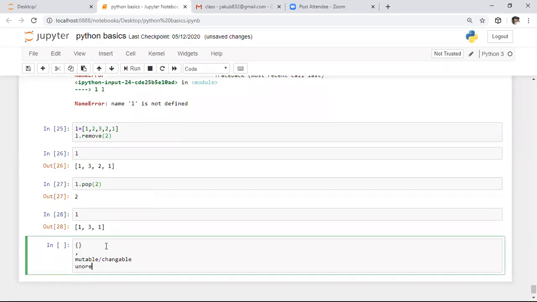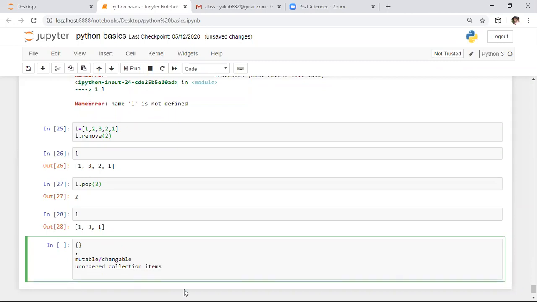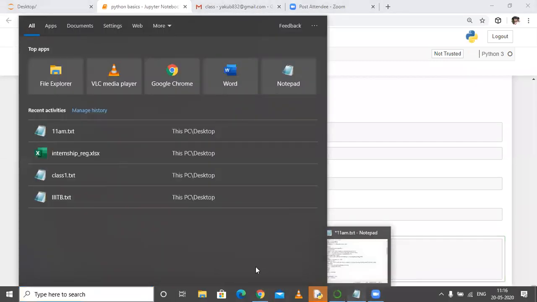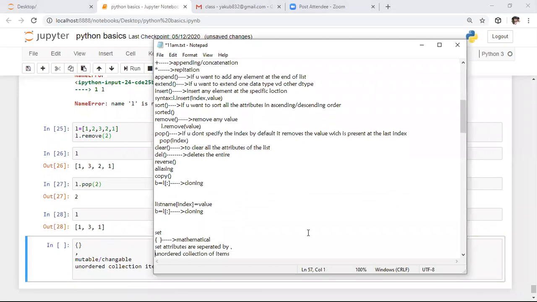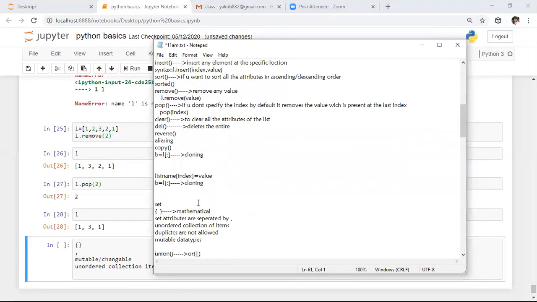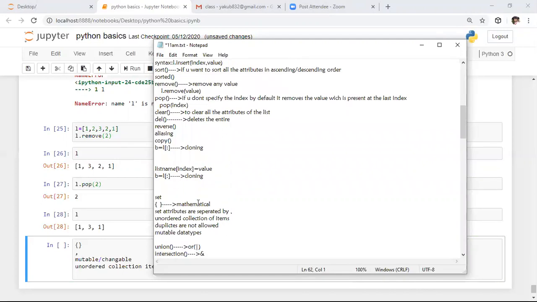Whereas list and tuple are ordered collections of items. Coming to this set, internally by default, it will form hash table kind of structures. To make this clear with an example, I will create one hash table so that you will get a clear idea. After completing the basic concepts of set, I will explain that. In the PDF, I added that, so go through that PDF to see how to create those hash tables.